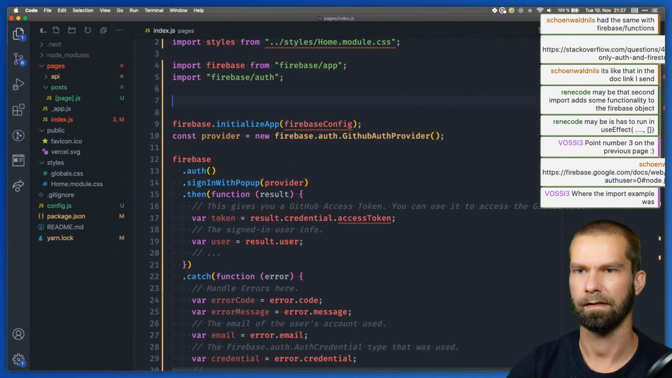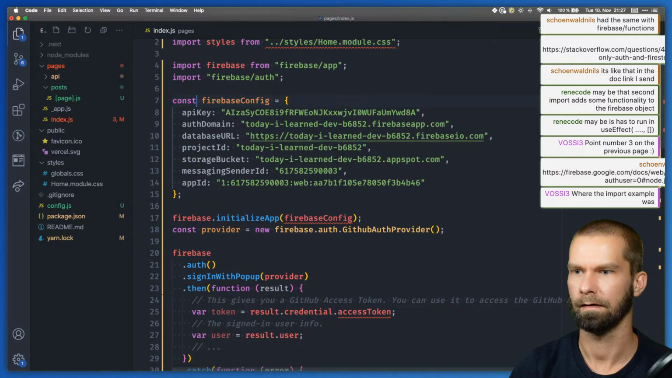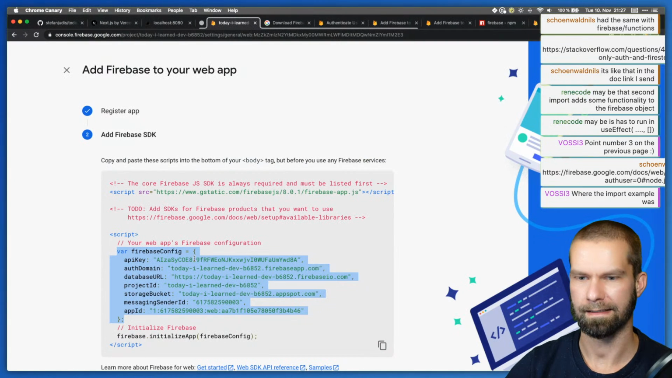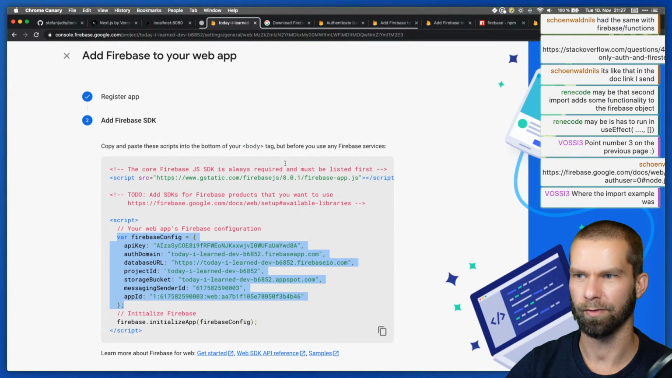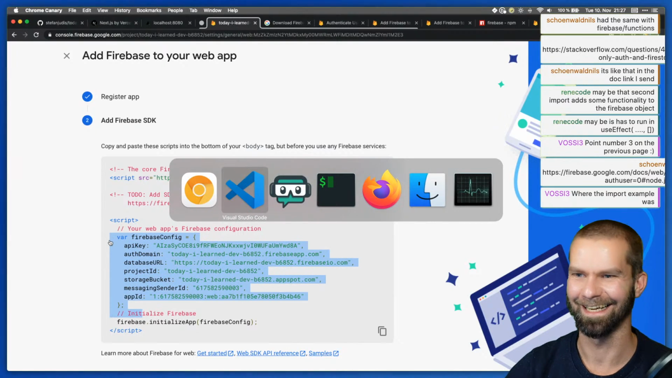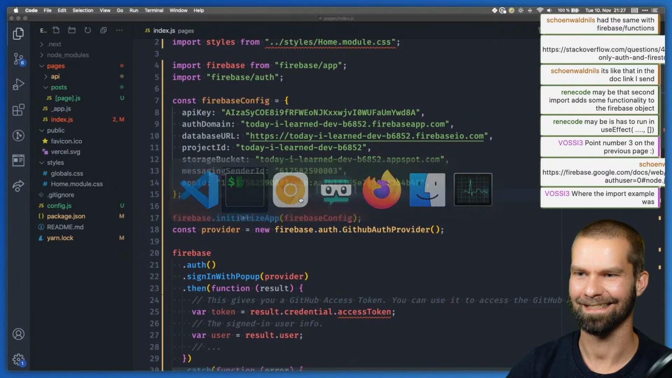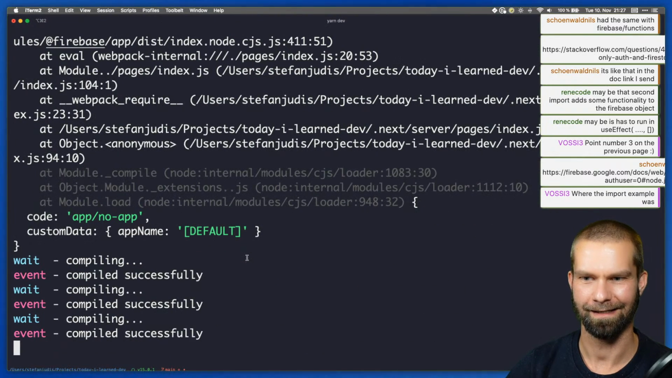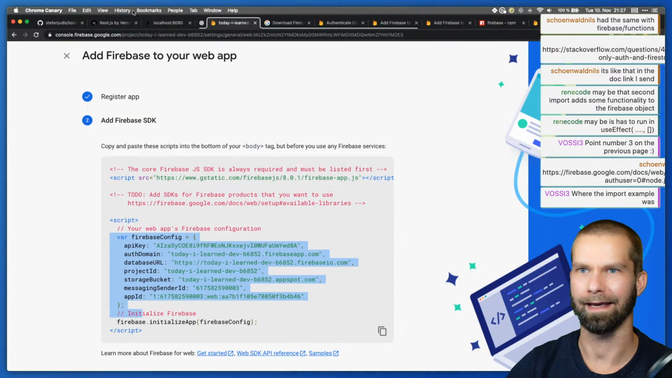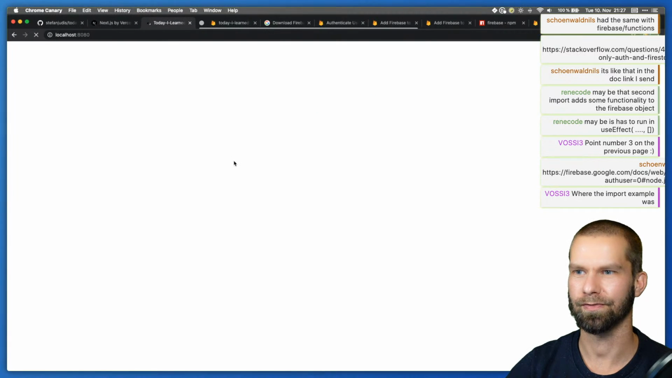Let's define the Firebase config. And as it's written here that this is supposed to be pasted into the body tag, it should actually be safe to have that here right now on screen. Okay, so with this, when we save this, let's see what we're getting here. Okay, so it's now compiling. And when I go back to localhost,